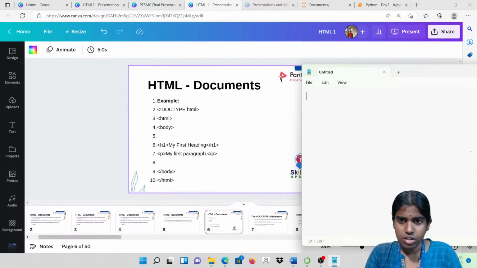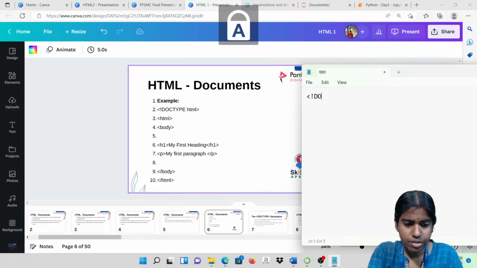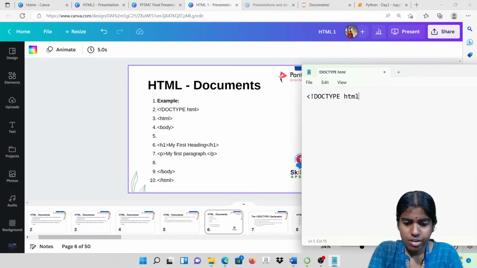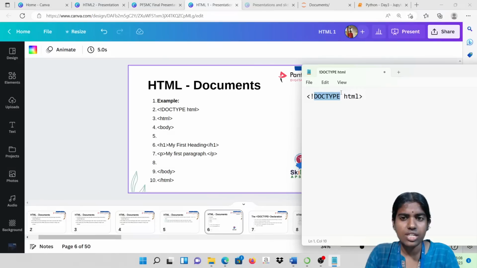So you can see here, whenever I want to write any HTML coding, it starts with the single exclamation mark. Whatever type of HTML coding I want to write, it starts with the doctype keyword followed by html.